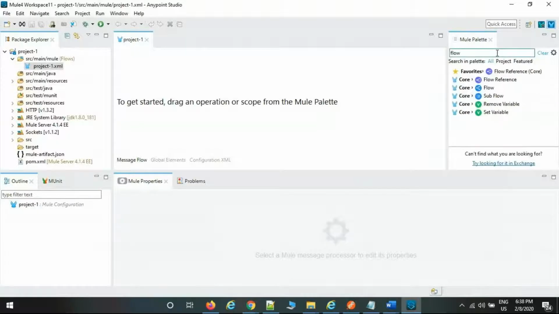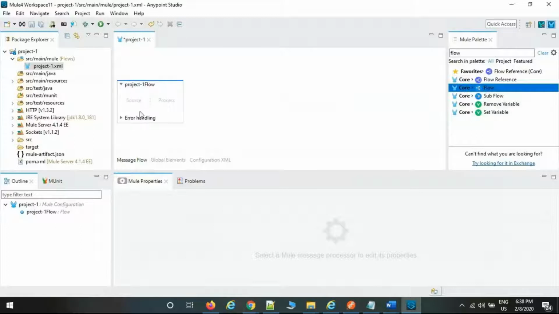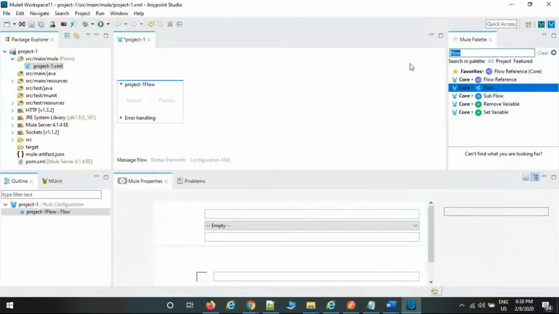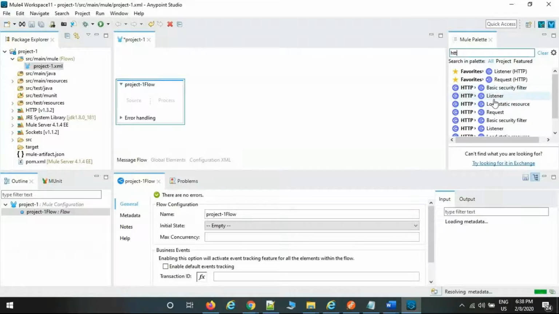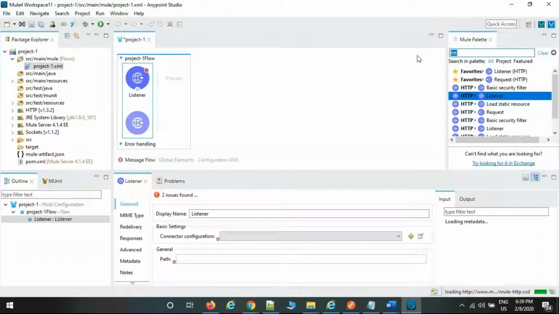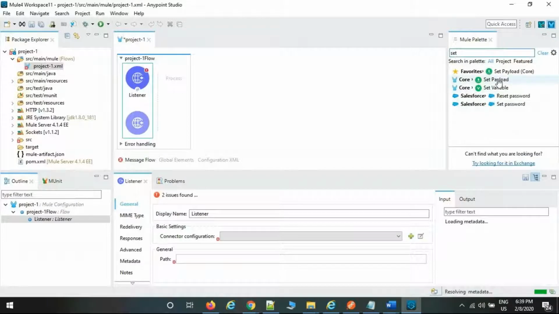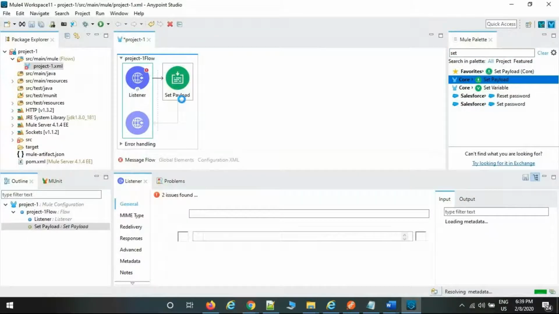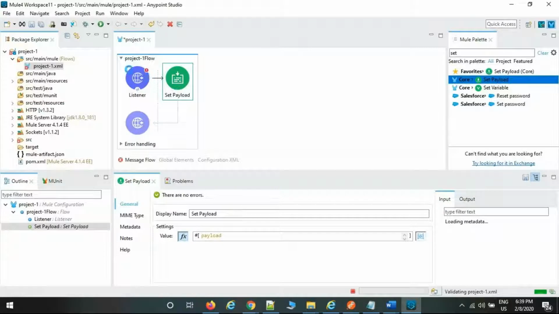First you can drag the flow palette. So if you drag the flow palette, then whatever connector you place goes here only. For example, the palette we discussed, HTTP palette, Listener, and I selected Set Payload. Okay, this is the Set Payload. Now this is nothing but a flow. In the flow, we add a combination of multiple palettes. Based upon the requirement, we select the palettes and design the flow. This is nothing but a flow.